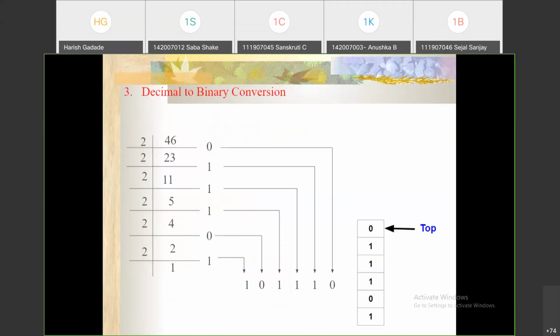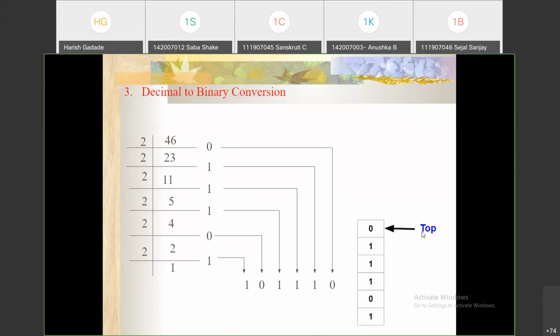Next is the decimal to binary conversion. I think you know the method of converting a decimal number to a binary number on paper. The remainders we can insert into the stack. Here I have shown 1, then 0, then 1, then 1, then 1, and then 0. All these values are inserted into the stack.